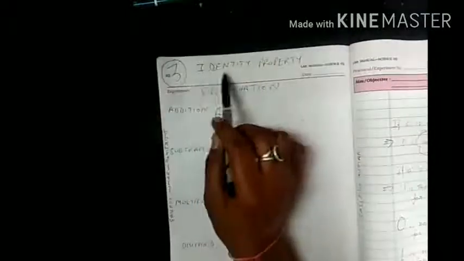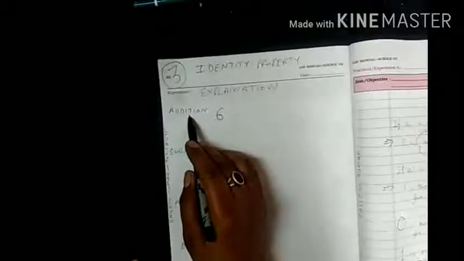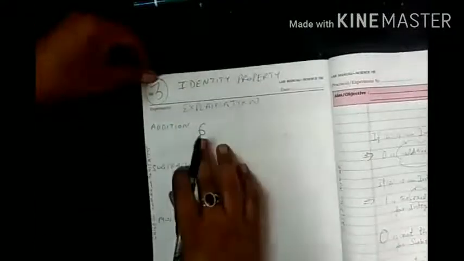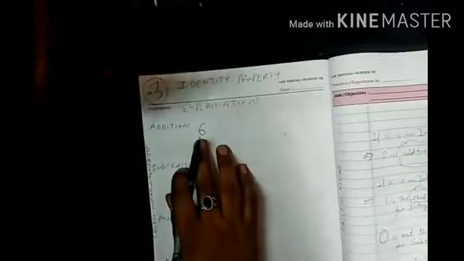Today we will study the identity property, that is number 3 after closure and commutative property. Now we take an integer and apply the operations of mathematics, addition, subtraction, multiplication and division on this with regard to the identity element. Now this is 6. Is there any integer which I add to this 6 and doesn't make any difference to 6? Think.